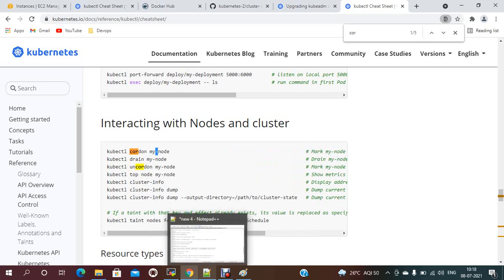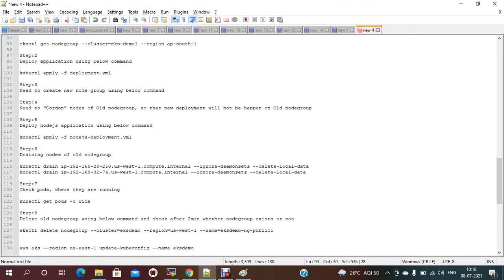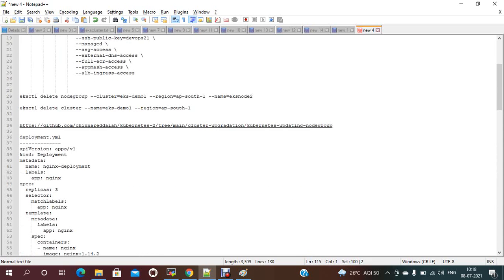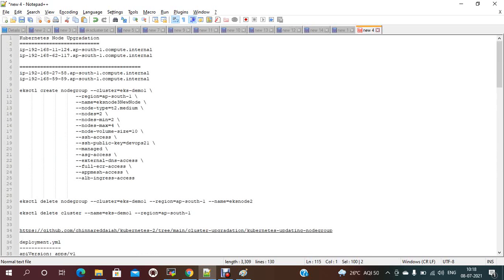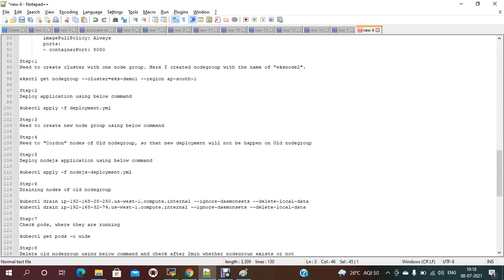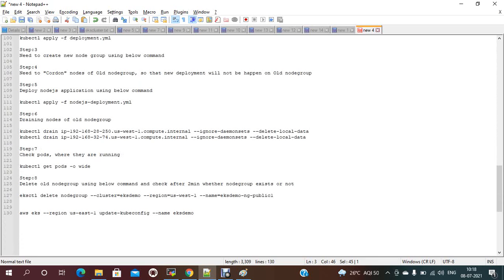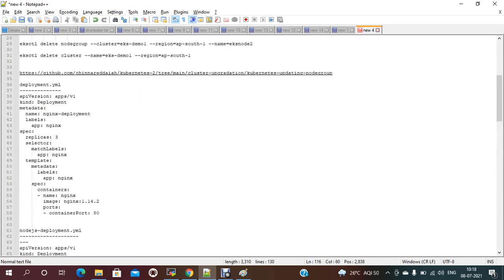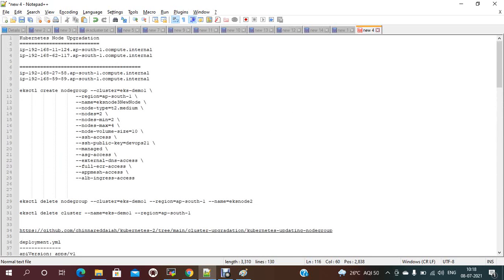The command is kubectl drain. I need to provide my node 1 and node 2 names. The IP, and the second node group's second node name.